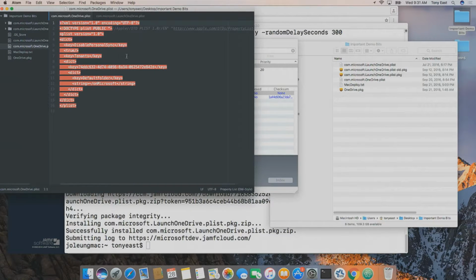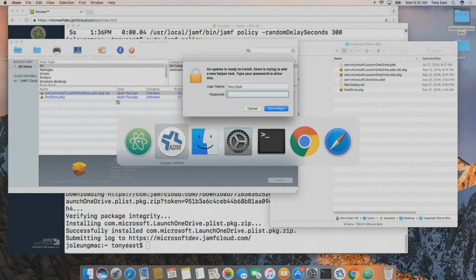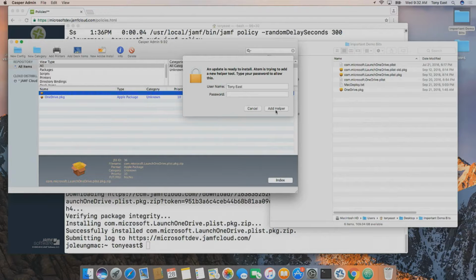And so here you can see I've disabled personal sync, and I'm specifying a specific folder for the user. Just like Pat had talked about, you can do the same technique where you map this right to the place where the user's documents are. I've uploaded these particular files, and now we're going to go over to the ADM console.